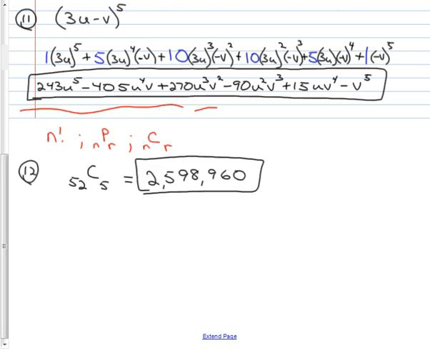Number 13. How many different computer passwords consisting of 6 uppercase letters, so they're telling us it's just uppercase, are possible if no letters are allowed to repeat? Okay, any ideas? Number 13. 26 times